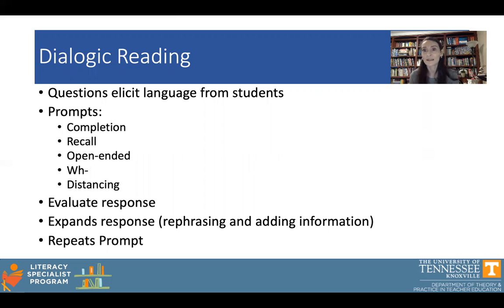the parent even, because that is something that parents can do, and that's an excellent strategy for parents to apply at home with their learners and their beginning readers. There is a set of prompts that they are asked so that the students can be engaged and respond, and then also initiate questions and conversation themselves. The way that this works, the first prompt is completion. In the case of completion, the students will complete the sentence or complete the phrase that is part of